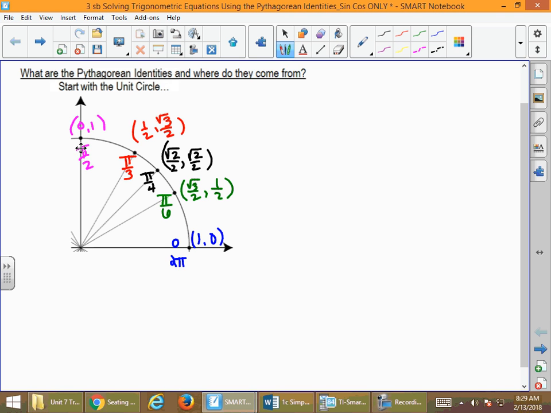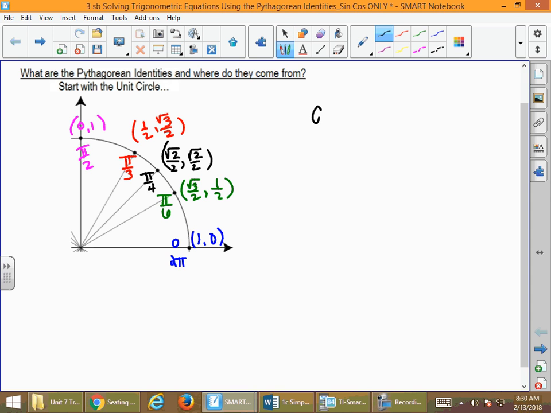Something that you might find helpful, even though I'm not going to do it right now, is putting in the tangent values beside those points. Because tangent still seems to be a function that we're struggling with a little bit. But that's kind of a backwards idea, something that we've worked with in the past. And now what I want to do is expand on it, starting with the fact that